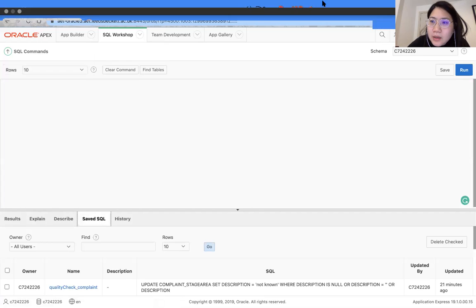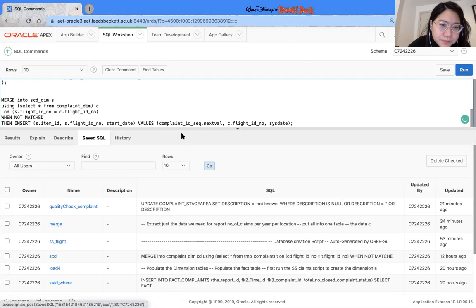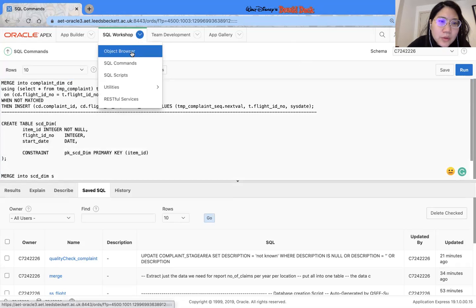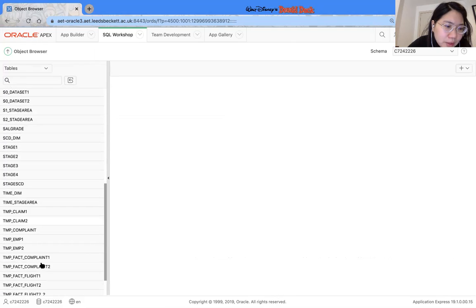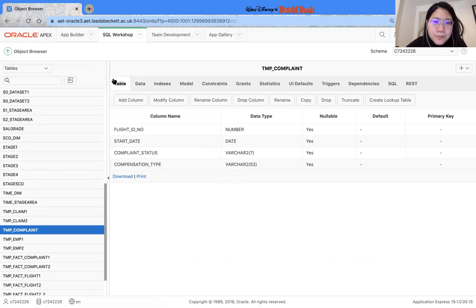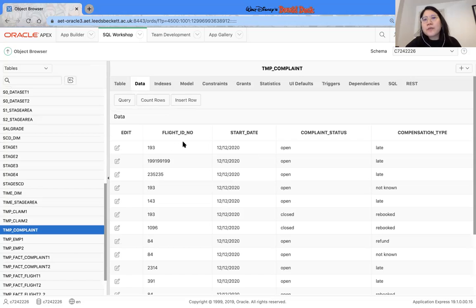So here is my SCD code. I create a table, component dimension as SCD, but I want to make a change. For example, I change the temporary component, because sometimes they change the flight ID number because in some circumstances, like their plane has some issues, like a security check or some aircraft issue, they will probably change to another plane to fly this route. So for example, if they change this one,